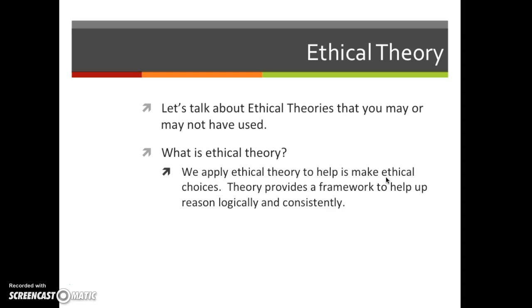Let's talk about it. What is the actual definition of ethical theory? So we apply ethical theory to help us make ethical choices. And what this will help us do is make a framework, kind of put together our logical steps and reasons so that we're relatively consistent when we're faced with multiple scenarios. So like in your trolley car dilemma, you had 3 scenarios, but you should have applied a very similar framework to deciding how you were going to handle those 3 different dilemmas. So that's what ethical theory is. It's really putting a framework together, personal in your case, to making decisions and trying to remain fairly consistent in those.